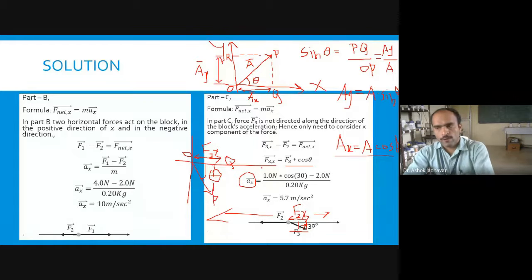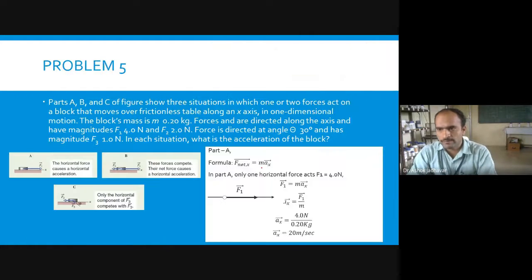Look at here. If you just consider that we are having F2, F2's value is larger, F1's value is lower, right? What should the value of F2 be? F2 is 2 Newton, correct? F3 is 1 Newton. So F2's value is more than F1. Then we should simply think that the object will move along the minus x-axis, right? Because the value of F2 is more.